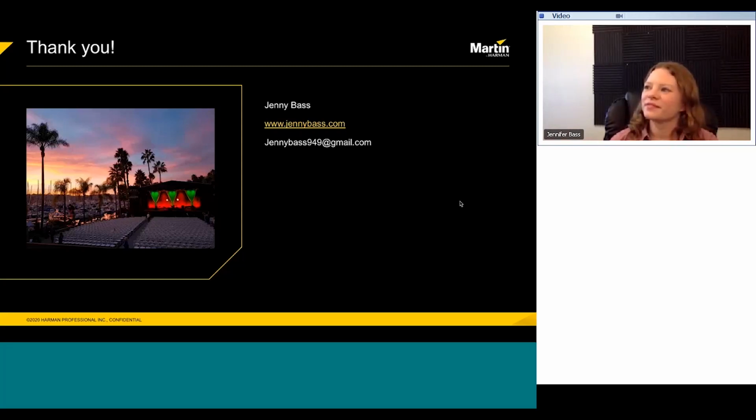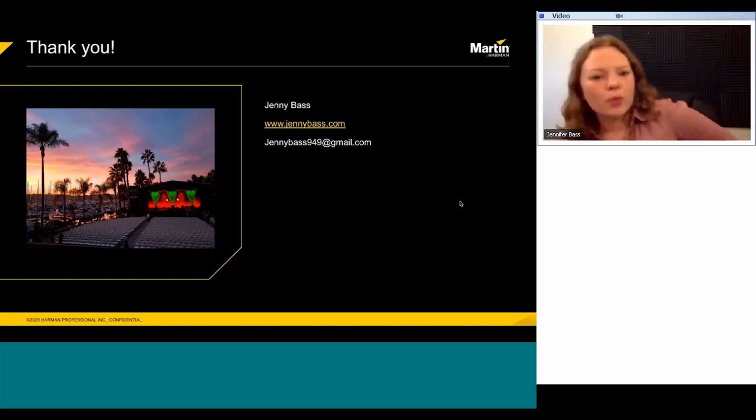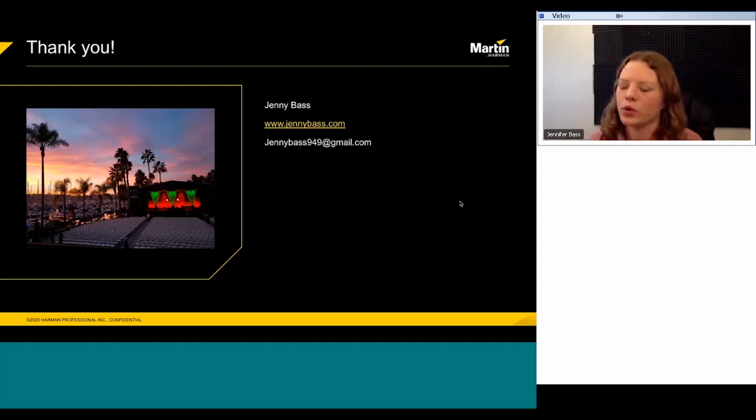Okay, the next question is asking if you can go into a bit more detail as to what you meant about having a cue list with notes. Oh, so I worked on GrandMA especially. I wish I had an easily accessible one up. There is a note section that I feel is sometimes underutilized, where you have Q1, the lights come up, Q2, movement, the second kind of light come up, Q3, the movement is, and then guitar solo, Q4. For that, there's actually a note section on GrandMA, and I'll literally write in